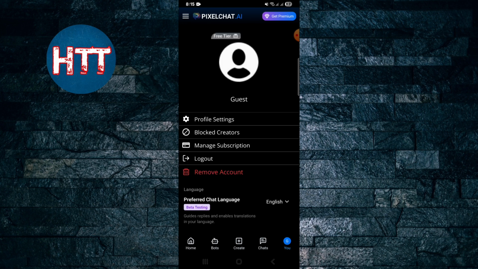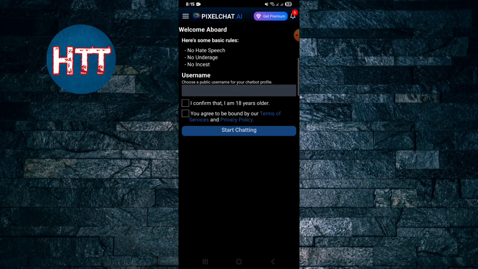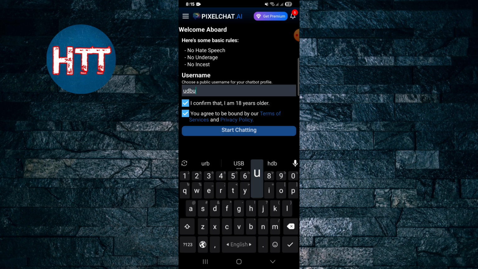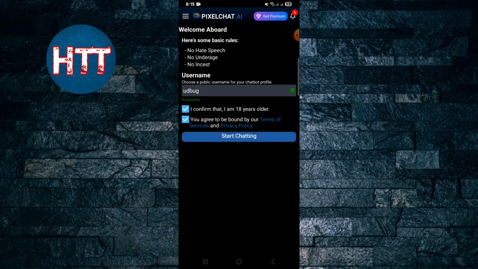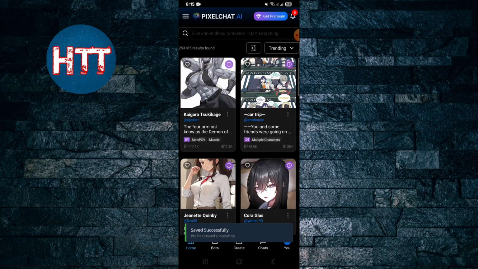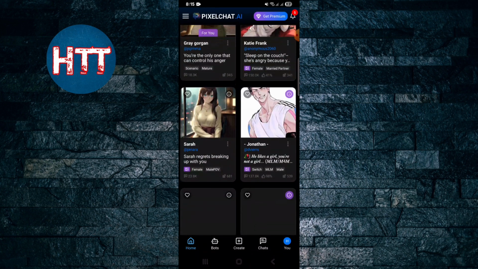And here you can see, it's really easy and simple. First of all you need to confirm it. It's just chatting, and you have to give your username, for example. And you must be 18 plus. So tap here. Now you can choose any character,